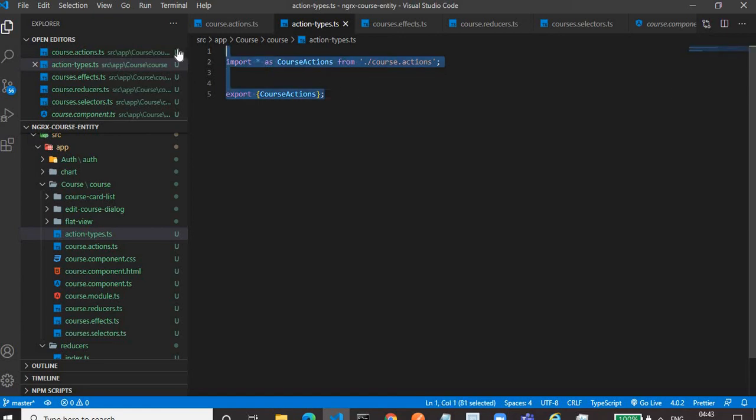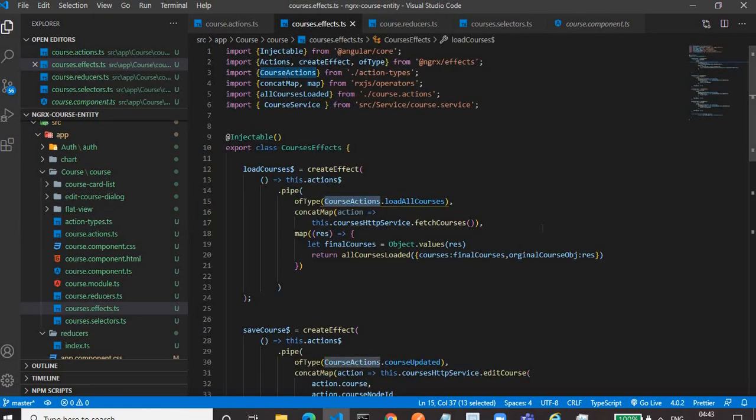So here we are saying this effect is for loadAllCourses. When loadAllCourses is dispatched, this effect will be triggered, and we have a concatMap which receives an argument of action.